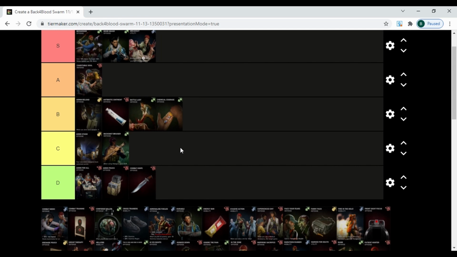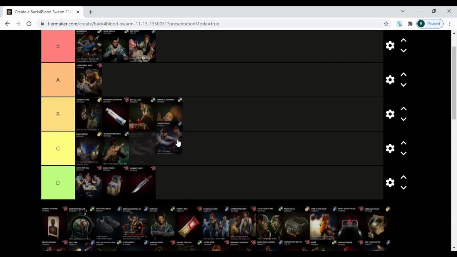But it's so niche. It's like most of the time I don't need that at all. Yeah, I agree. All right, following that, you got Combat Medic, 50% use speed, and it gives your teammates an